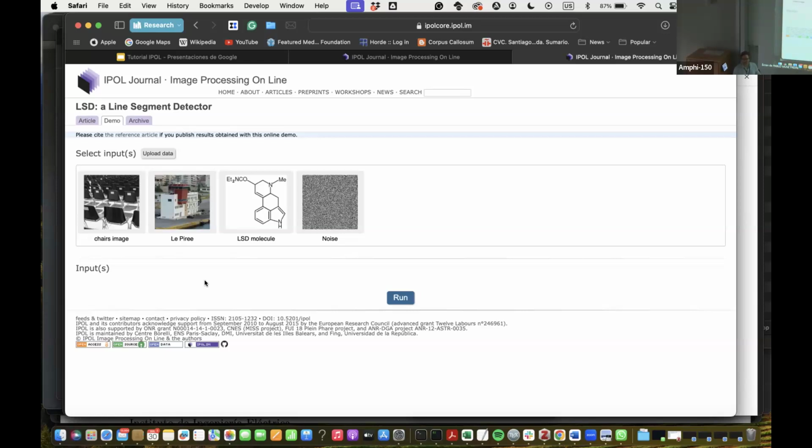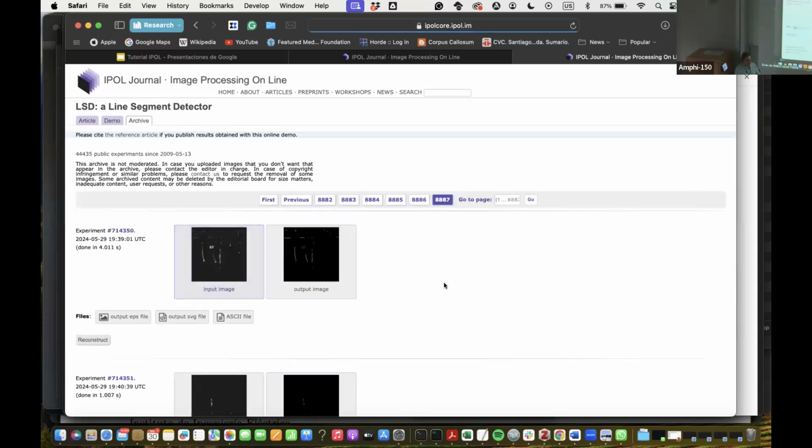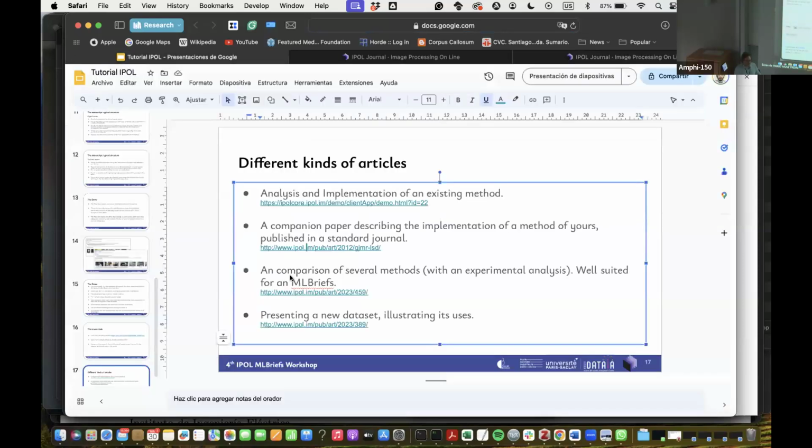It is what it's doing. There's no parameter here. And of course, you have the archive. This work has plenty of experiments, as you may see. Another kind of, so this is very useful if you have an